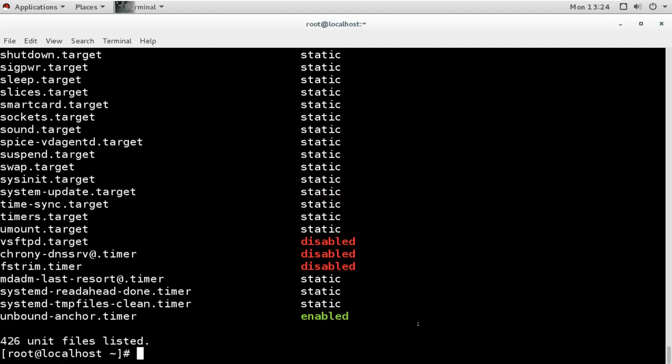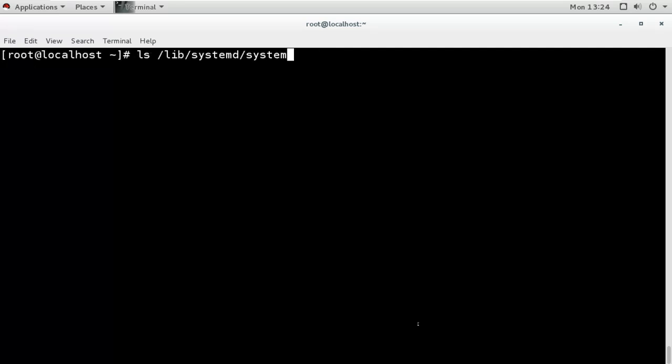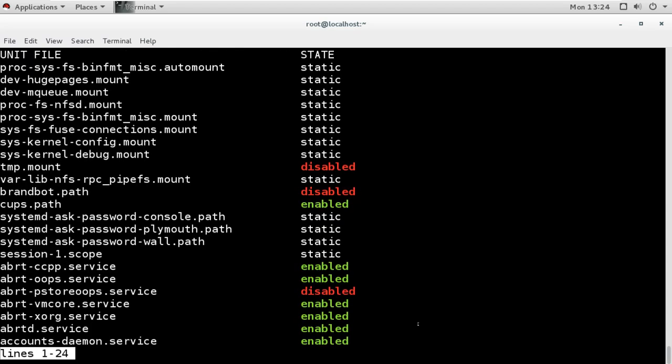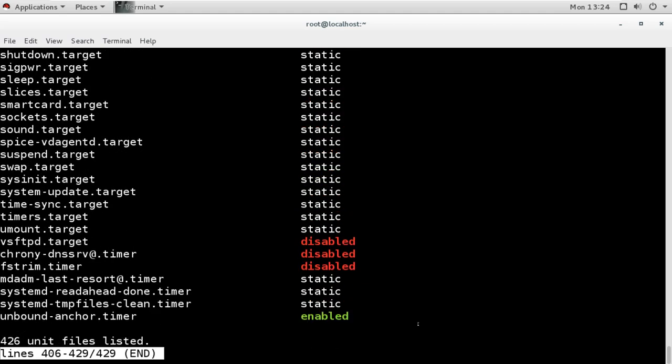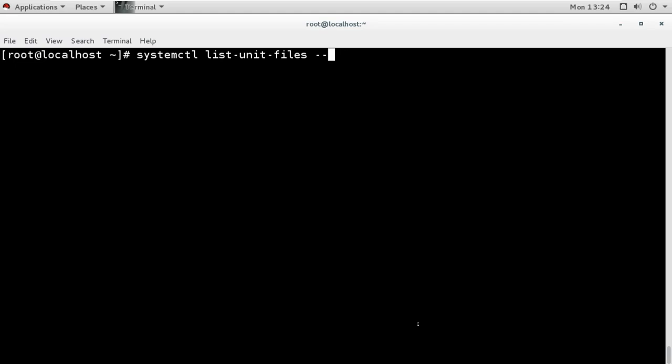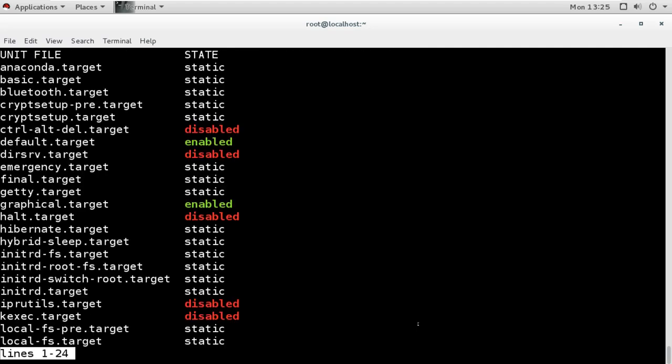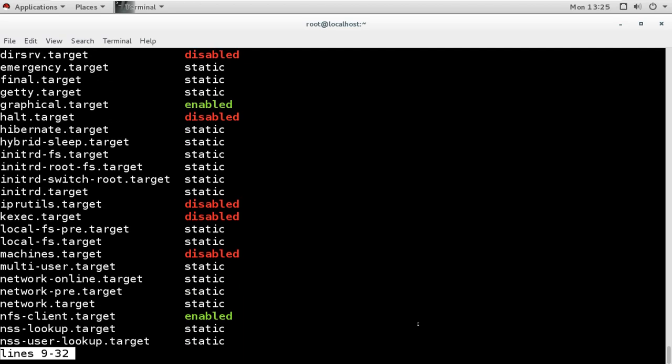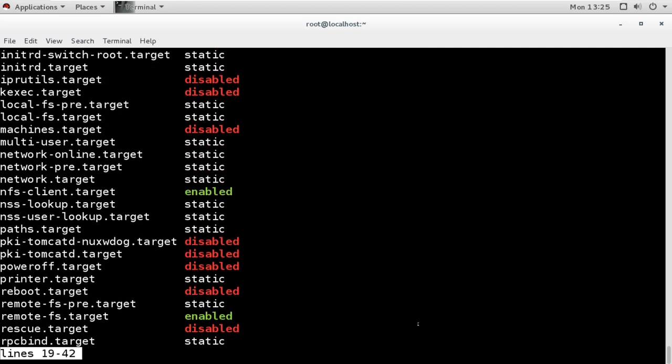Or if I want to see only the target unit files, I will say type is equal to target. So it shows only target units, whether they are starting or not starting, or enable or disable.